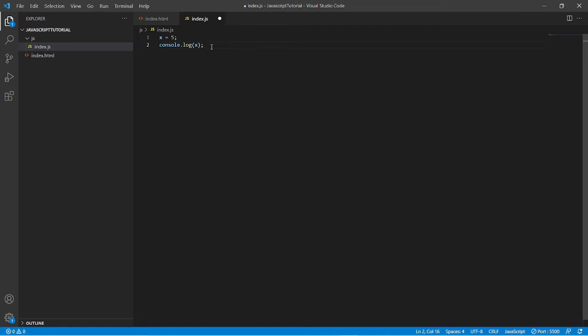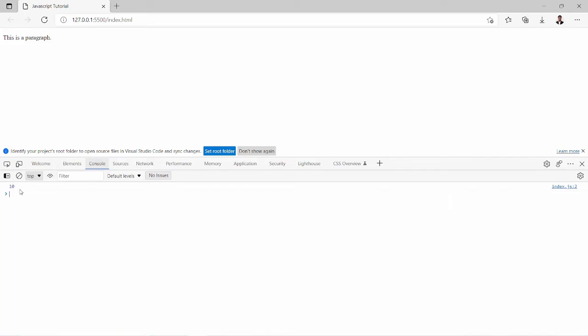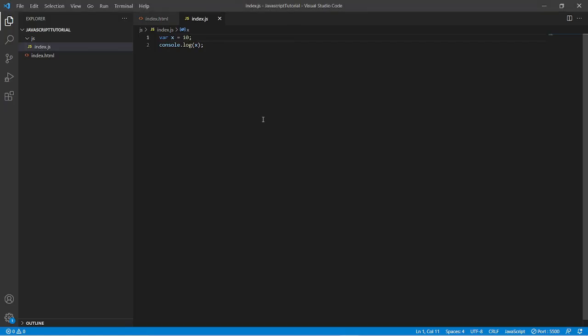How do we declare it in JavaScript? Using the var keyword, let keyword, or const keyword. So I am using the var keyword now. I am changing the value to 10, and if I save it, it will now log 10 instead of 5. Let's check it. Now it is logging 10. So what is the difference now? Earlier also it was working fine, printing the value of x. Now also it is working fine.